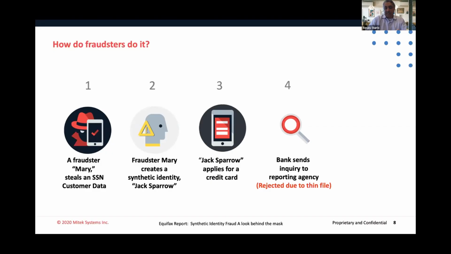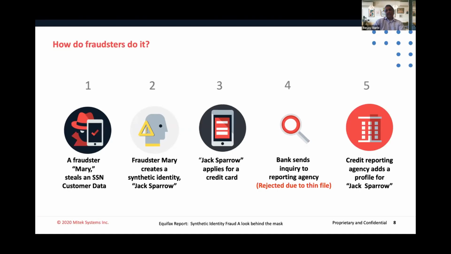Obviously, maybe they'll use the age. Oh, this is obviously a young person trying to get in, or maybe it feels like an immigrant that's gotten in, and magically a file is created for them. Once this file is created for them, they go out and attack as many channels as they can, because now they look like a legit user.